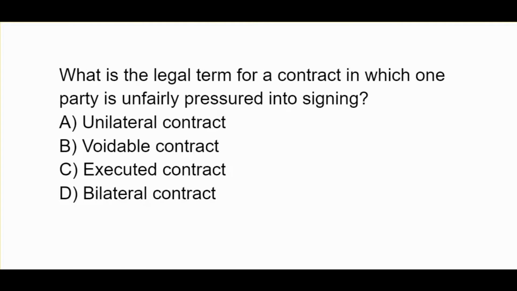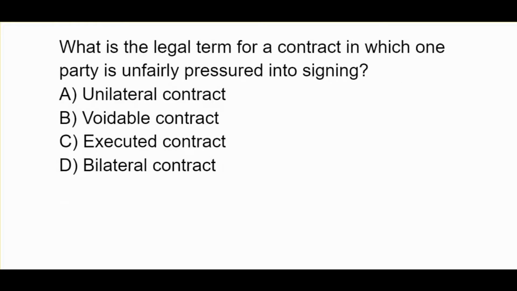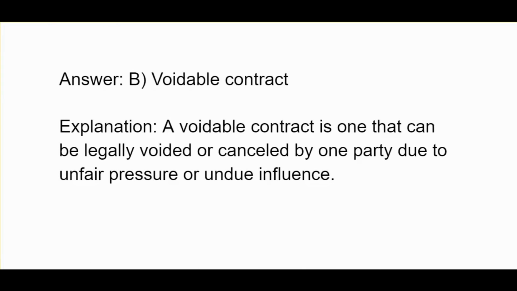What is the legal term for a contract in which one party is unfairly pressured into signing? A, unilateral contract. B, voidable contract. C, executed contract. D, bilateral contract. Voidable contract. A voidable contract is one that can be legally voided or canceled by one party due to unfair